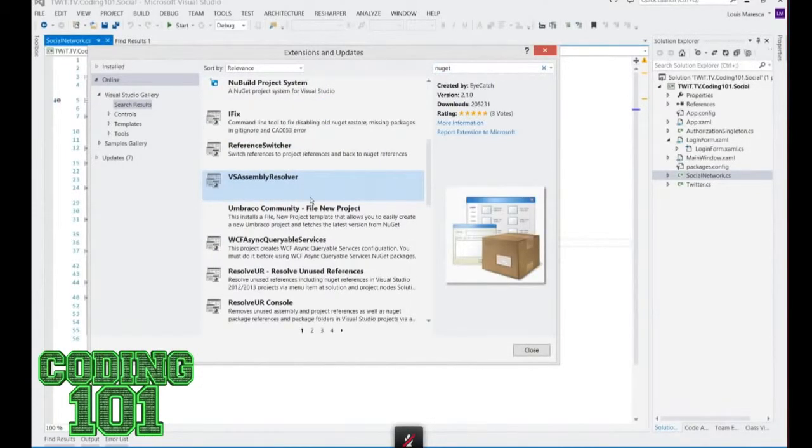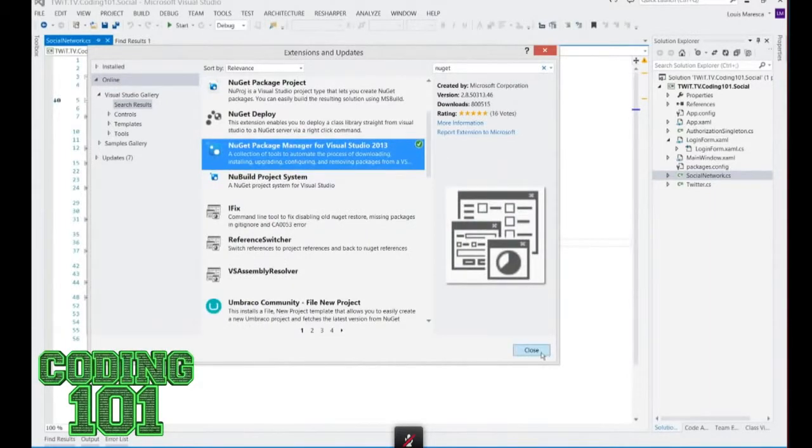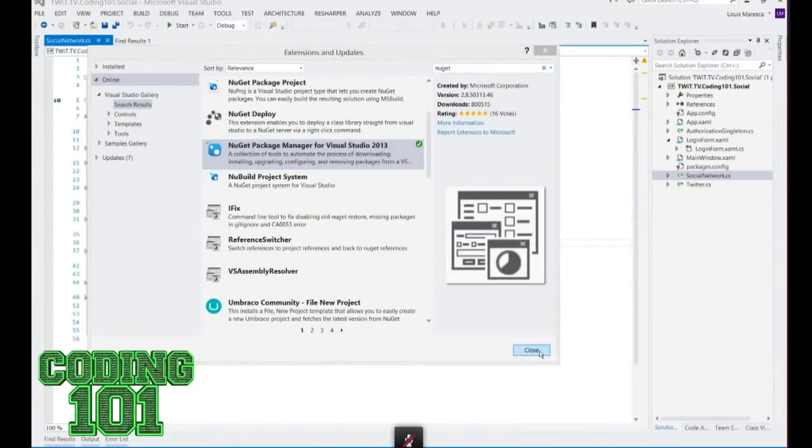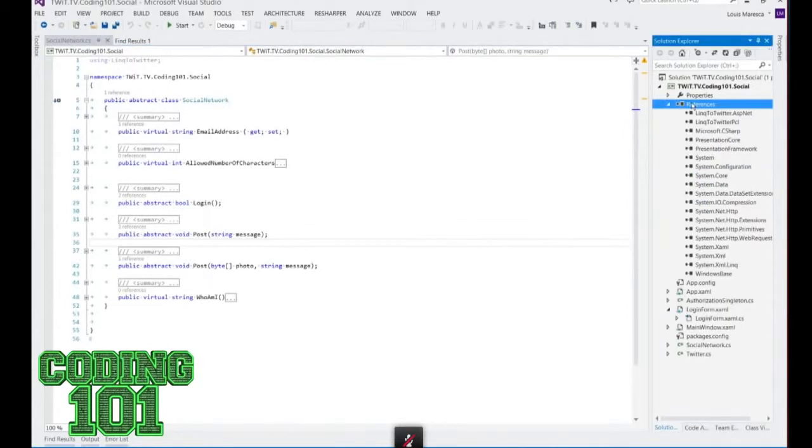What this will do is allow you to search through NuGet. NuGet is just a big repository of open source code where people have done really, really amazing things. I actually used a version of it in the social app that we showed last week, which I used the LINQ to Twitter